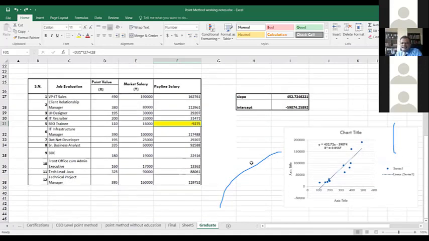I understand. What is happening is your intercept value is cutting. You see the straight line you're drawing? It is cutting your 100 point scale, around 100 points, and the value becomes zero. Look at the straight line. Where is it cutting the x-axis? It's cutting the x-axis close to 100 points. That means the market salary at 100 points is almost zero, which won't be relevant. So what we have to do is cut that straight line and say that jobs at around 150 points and below will be exempt from the pay line.